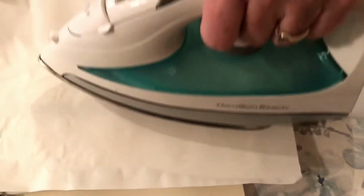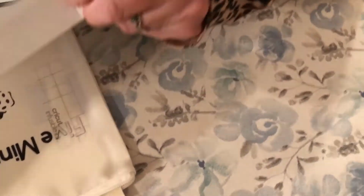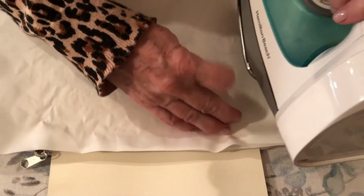Okay, let's see. Let's try. Do you want to try it on the other side too? I'm going to do them in two separate things because the iron. Well, maybe go up and down so that you're not redoing here. I mean, like keep it just in its space. Well, I was thinking like that. Oh, I just don't want to be over the zipper. Oh, gotcha. Okay. But I want to use the big back end of the